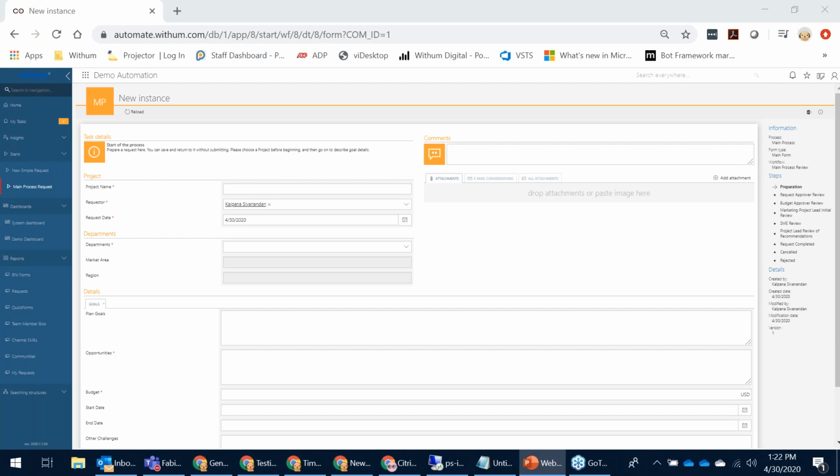Awesome. So what I quickly wanted to show is a simple form put together very quickly, but as you can see, it has this professional look.